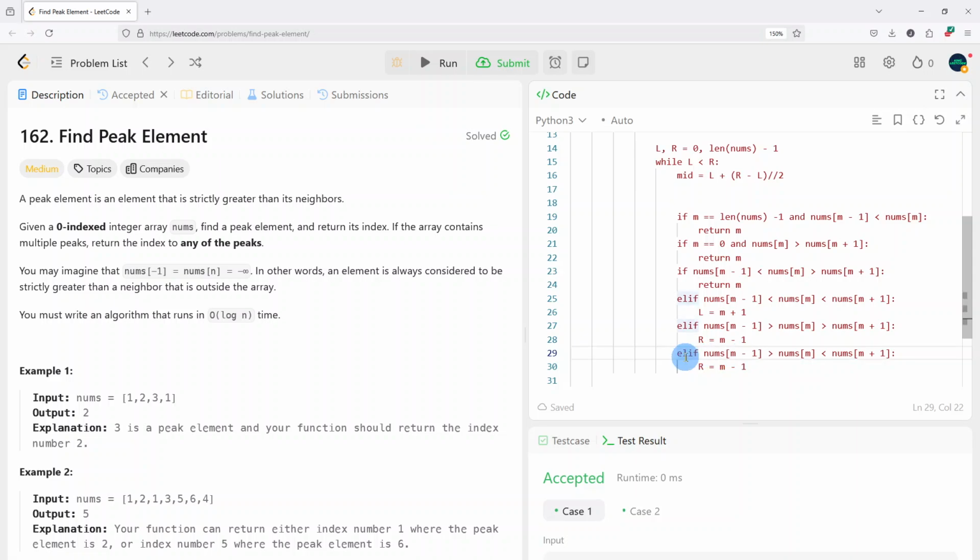if the nums is decreasing until it hits the m, so if the nums of m minus 2 is bigger than the nums of m minus 1, then we know that the peak must be in the part of the nums array with indices bigger than the m minus 1. And then we know the peak must be somewhere there, because if we hit the end, this part will get hit. So it doesn't matter. And then